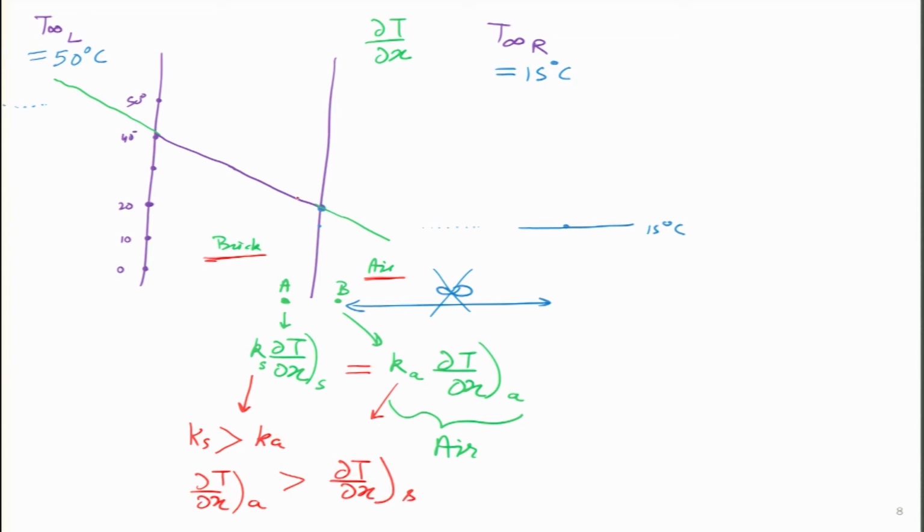So, this green line cannot continue like this, it has to start at a larger slope, sorry. So, which has larger slope, this one or that one? Yeah, this one is having larger slope, so we will draw it like this. Now, we will take this larger slope and connect it with this blue line over here. So, I will just say from T infinity temperature is coming like this. So, in convection it goes very rapidly like this.